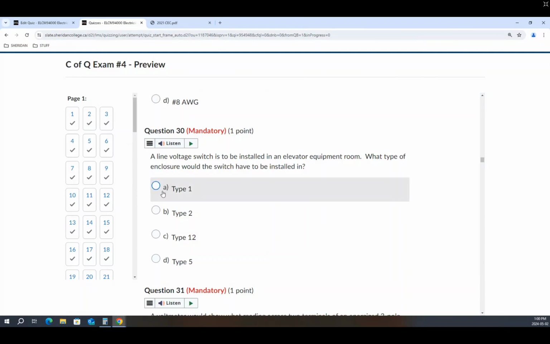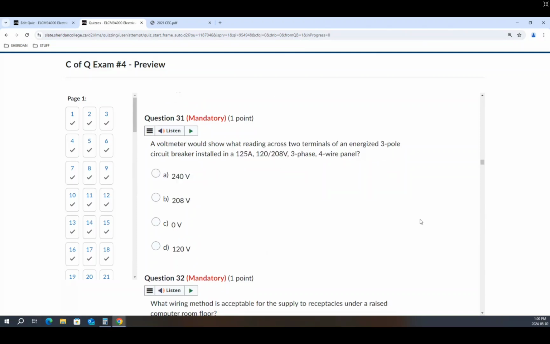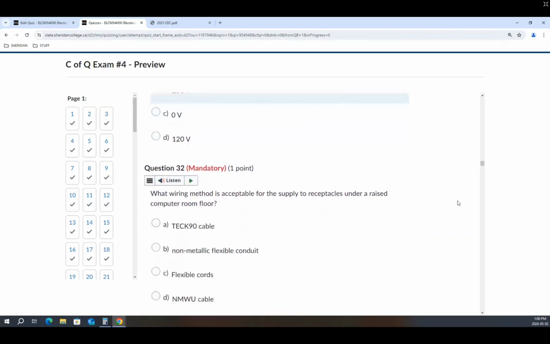So line voltage switch installed in elevator room. What type of enclosure? Type 1. A voltmeter would show what reading across 2 terminals of an energized 3-pole circuit breaker installed in 125 amp 120/208 3-phase 4-wire panel. Being it phase to